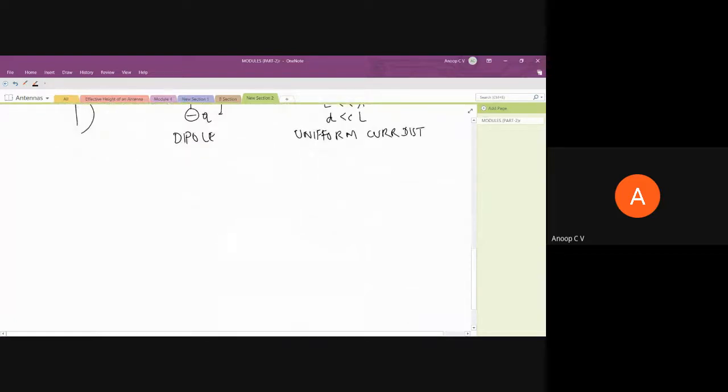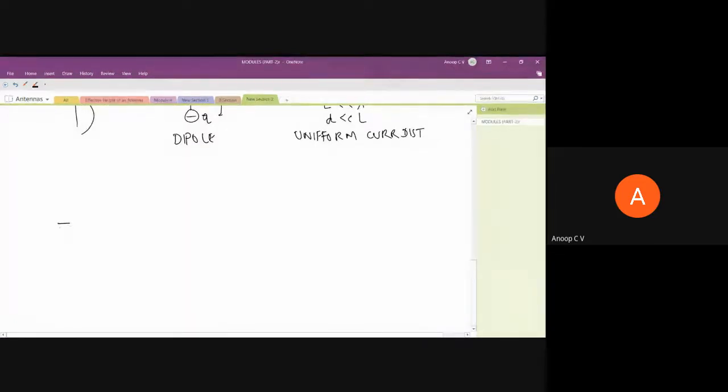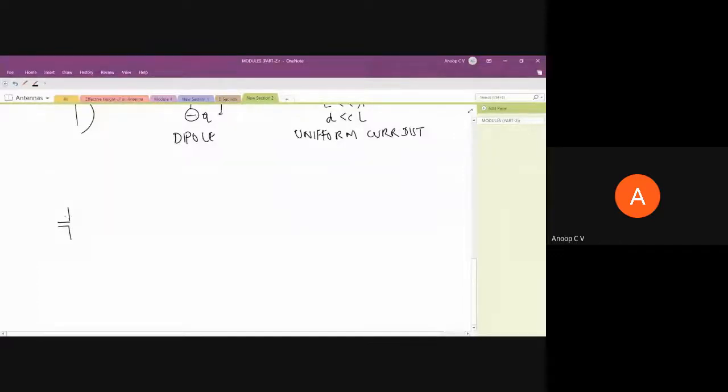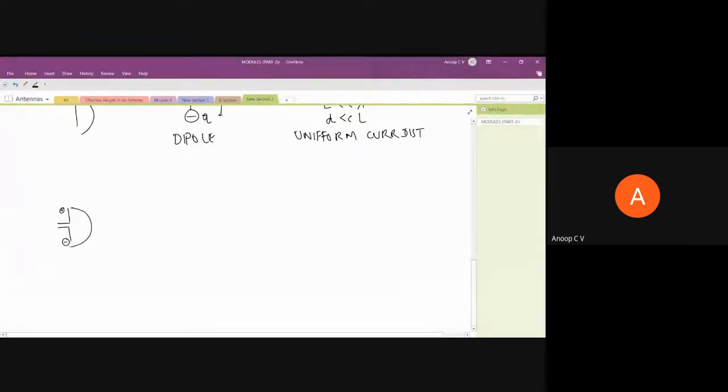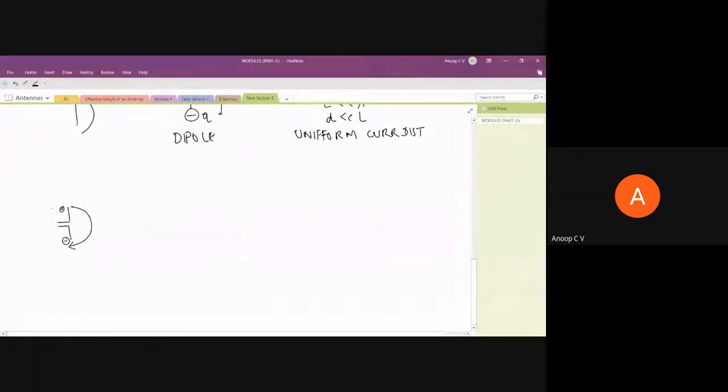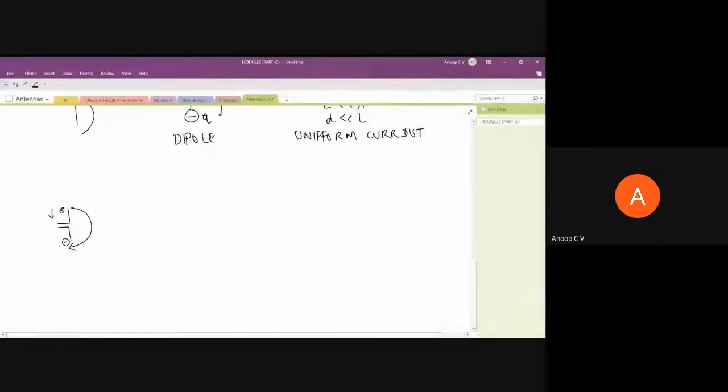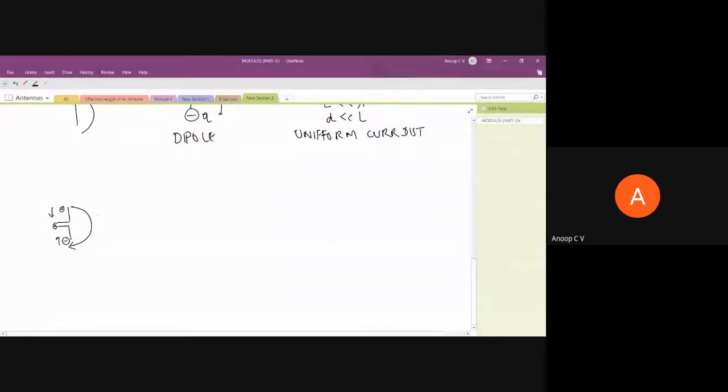At some point, you can assume this positive charge and negative charge are separated maximum. So the electric field lines will be from positive to negative, like this. But then this positive charge will be moving down, and the negative charge will be moving up. This is our balanced transmission line. So they'll come closer. At time instance T1, the electric field is like this. Then they'll be moving closer. This is plus and this is minus.